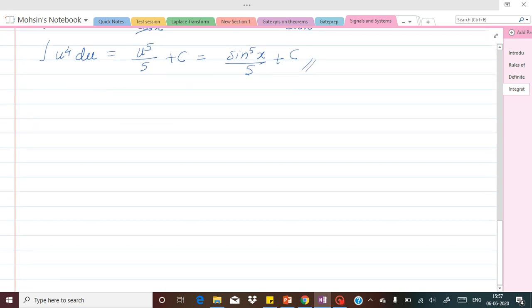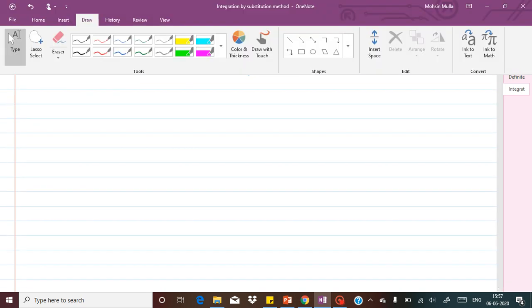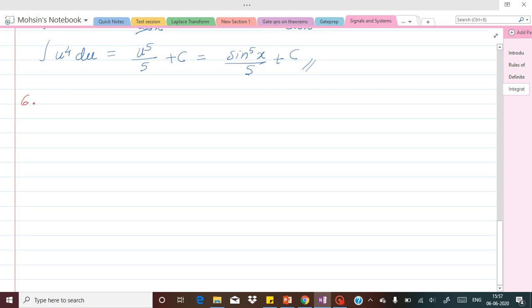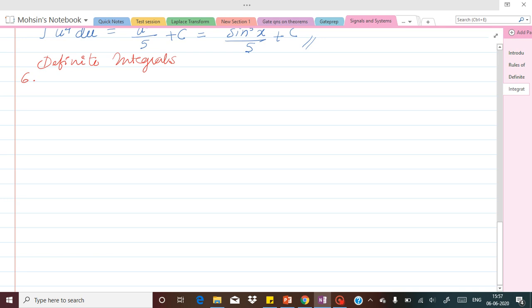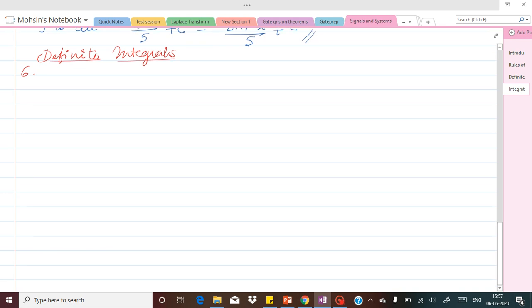Okay, so now let us take another example, example number 6. So example number 6 is now particularly we are going to evaluate with respect to definite integrals. Let us see some examples with definite integrals, because most of the time we are going to get limits also given with the integration. So for definite integrals, let us take the first example, example number 6 here. So that will be integration of 0 to 2 of 2x into x raised to 4 plus 4 square dx.